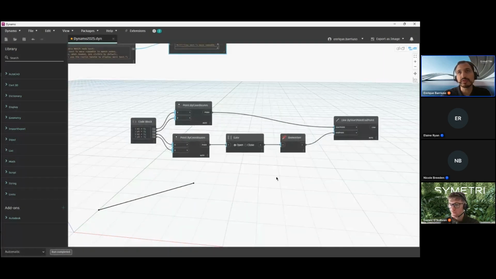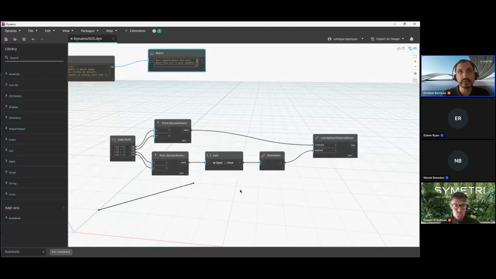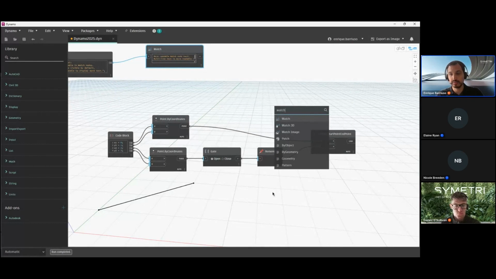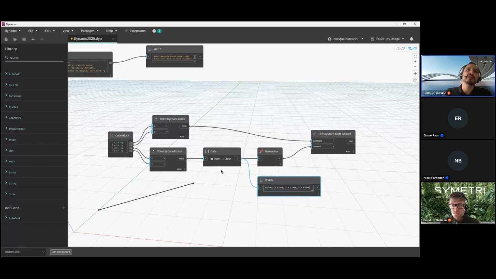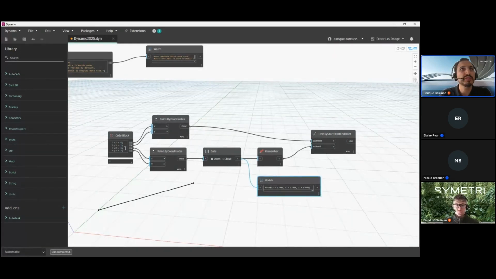A couple of new nodes, the gate and the remember node. I'm going to add a watch node here to see what's going on. So the gate node, if it's open, it will simply pass through the data unchanged. If it's closed, it will pass null. Okay, so if I leave it open and I change the coordinates of this point,